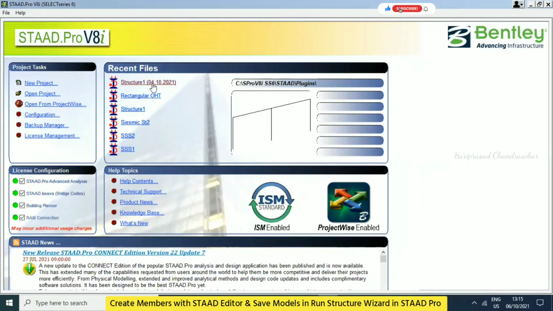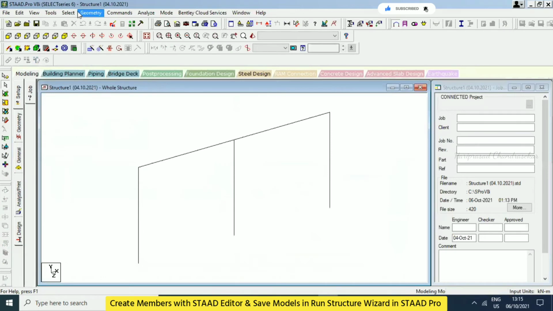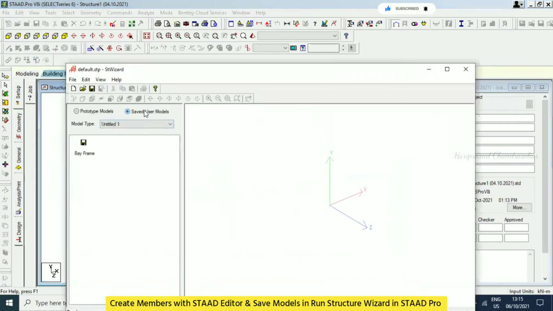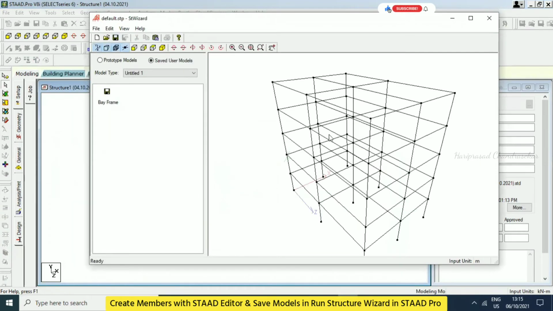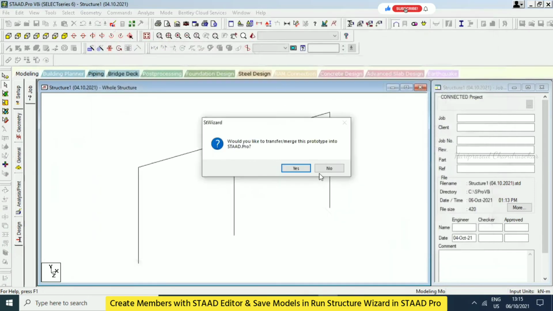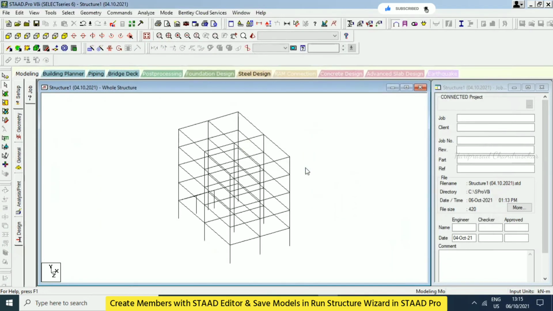First we will try with the same thing. Then Geometry, and then Run Structure Wizard. Saved. See, now it is there. Before it was not there because we had not saved it. And what about in another file? That also we will try. File, close it.